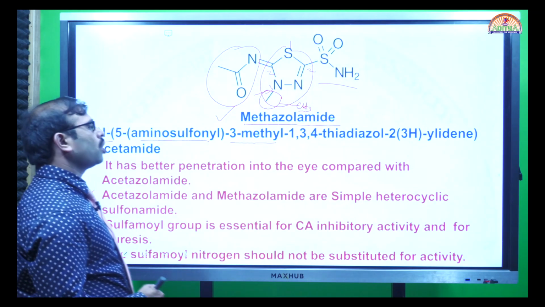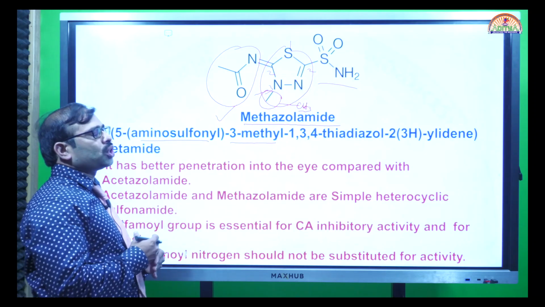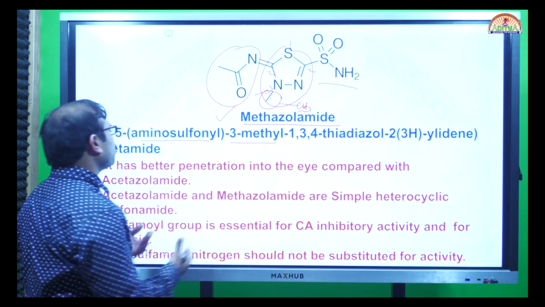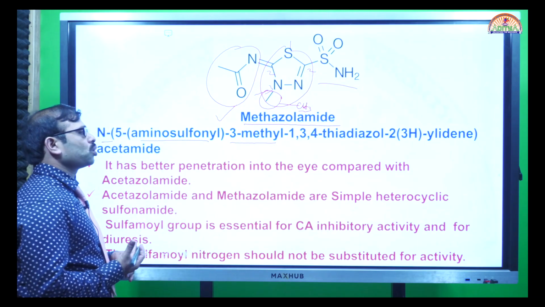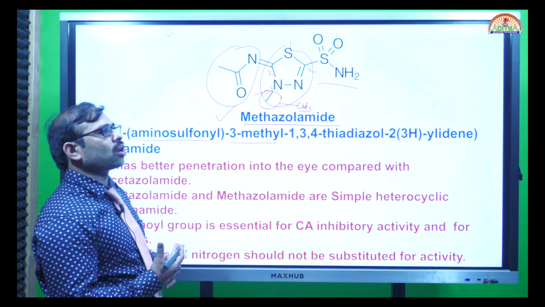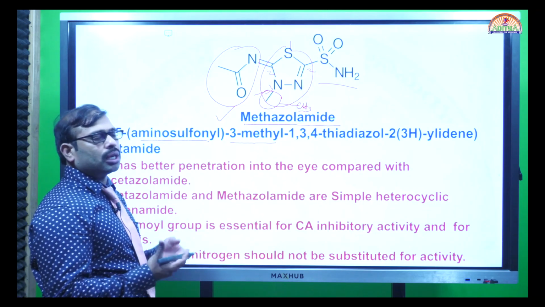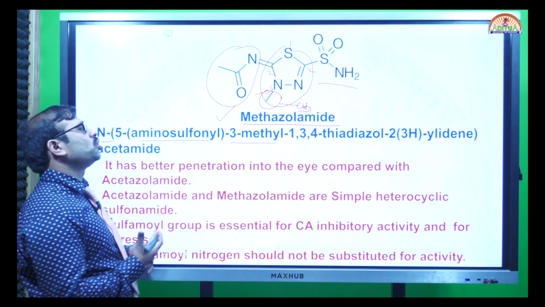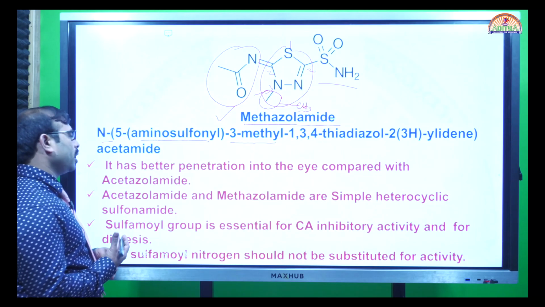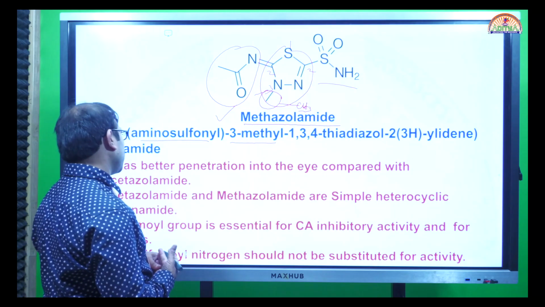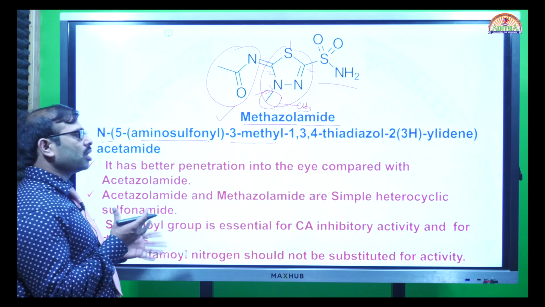When we compare the activity of acetazolamide and methazolamide, methazolamide has better penetration into the eye. For glaucoma we can use both, but instead of acetazolamide, methazolamide can be used extensively because it has better penetration into the eye. Now, for the structure activity relationships, the key things to remember